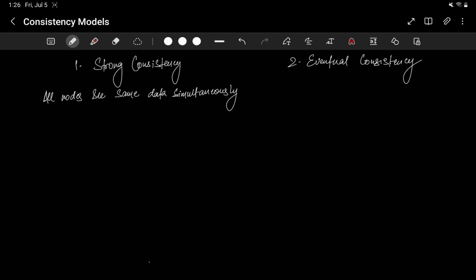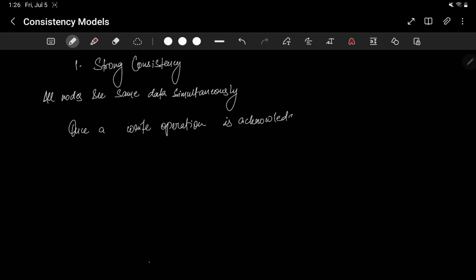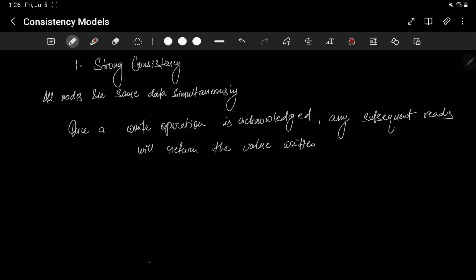In a strongly consistent system, I'll just erase it for now. If the system is strongly consistent, once a write operation is acknowledged, somebody does a write and it was successful, any subsequent reads after that write will return the value written by the most recent write. Whatever was written by the most recent write, only that will be returned, no matter where the